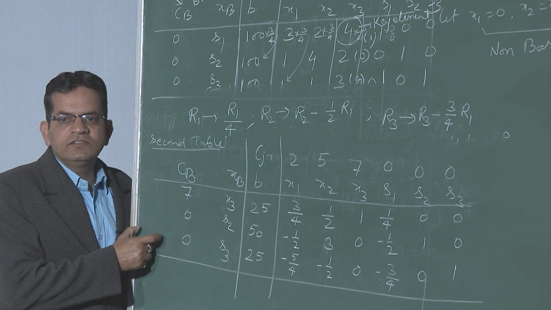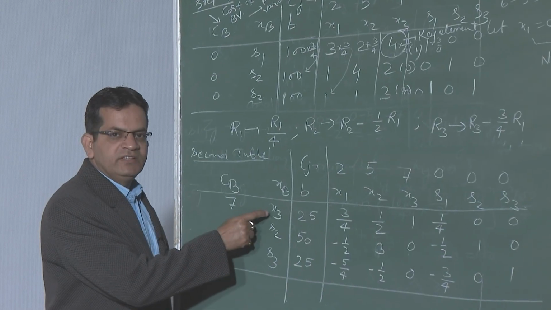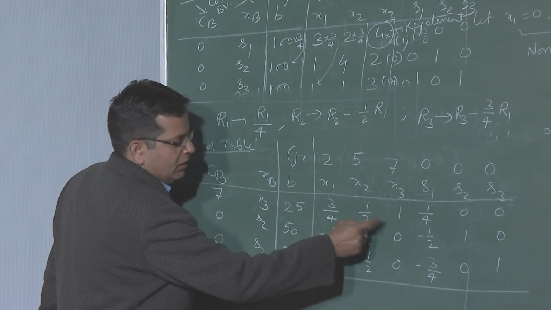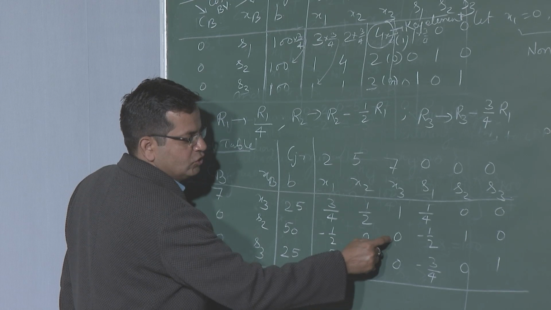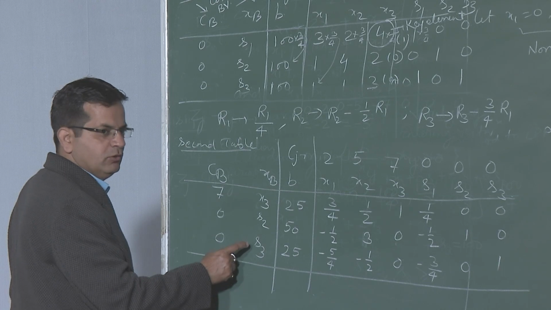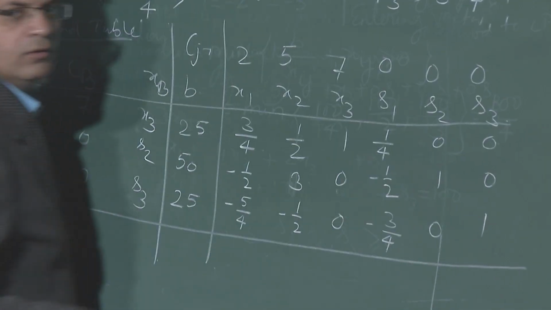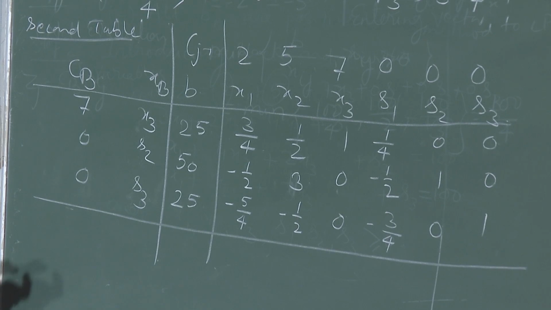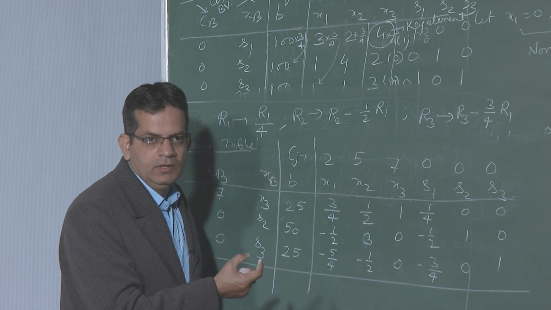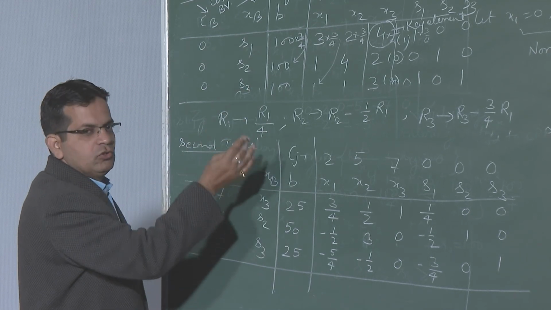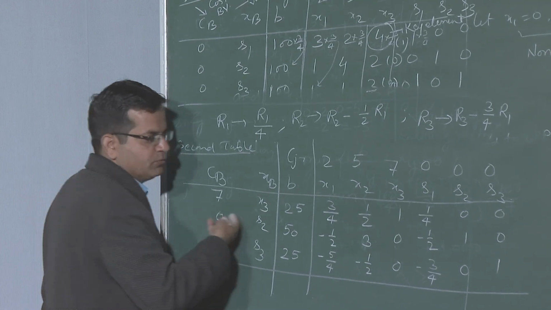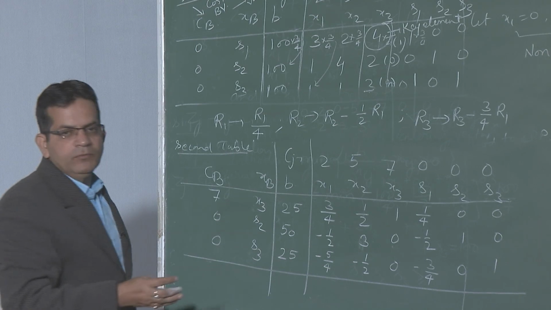Now, you can see in the second table we have the basic variables x3, s2 and s3. Corresponding to x3 we have 1 0 0, corresponding to s2 we have 0 1 0, corresponding to s3 we have 0 0 1. This is the checkpoint corresponding to basic variables. For basic variables we must have the columns of a unit matrix, and to make 1 0 0, some authors or experts use different techniques. They first write the first row, then subtract it from the previous table.